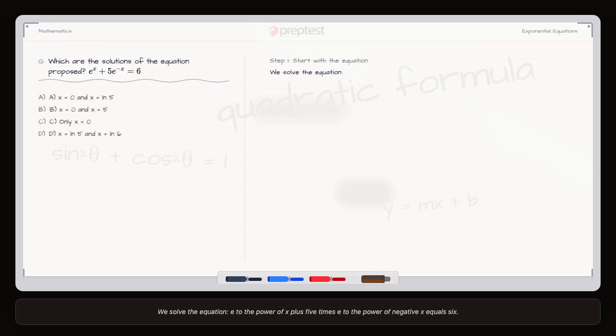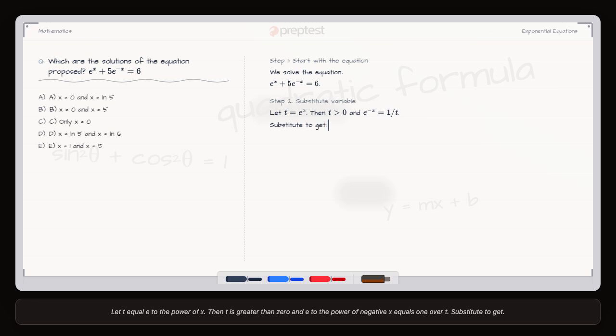We solve the equation, e to the power of x plus 5 times e to the power of negative x equals 6. Let t equal e to the power of x. Then t is greater than 0 and e to the power of negative x equals 1 over t. Substitute to get